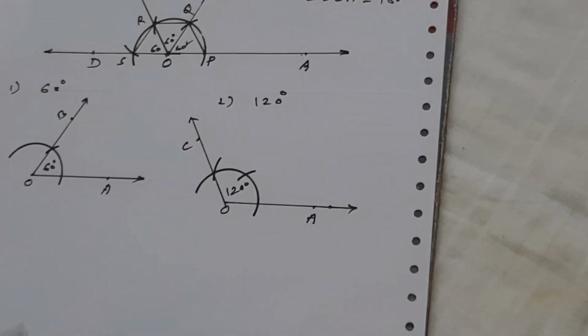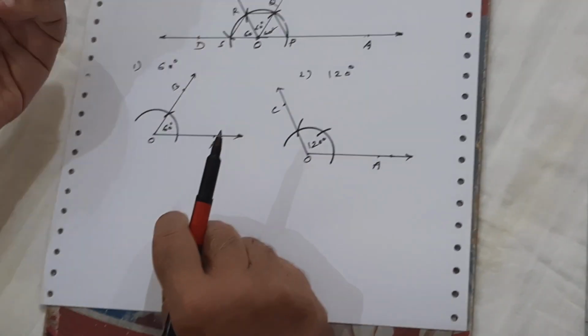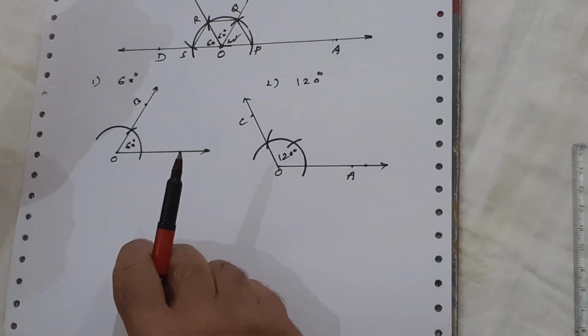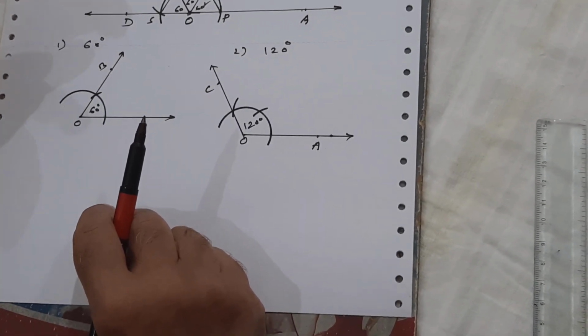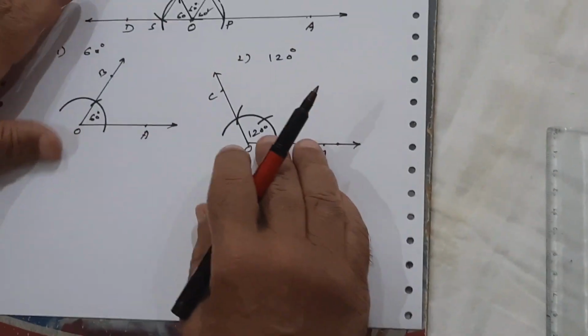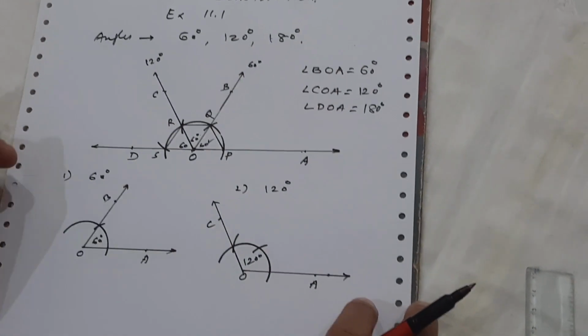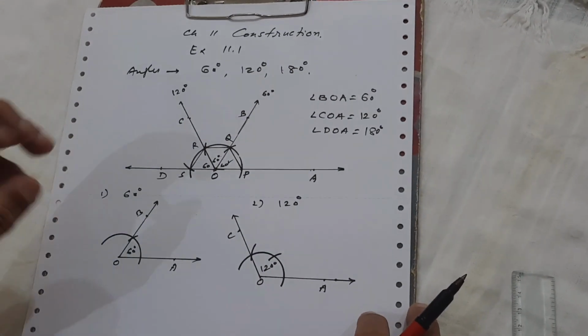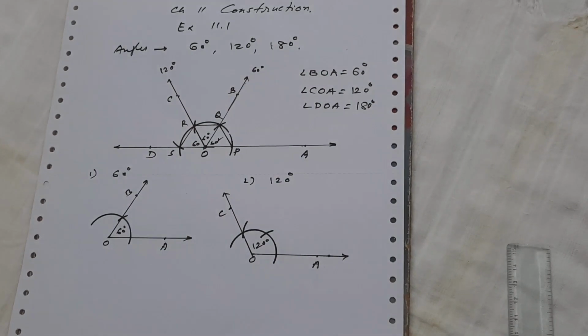Okay, now other angles 90 degree, 30 degree, 45 degree, 105, 135, 150, that I will be showing you tomorrow. Till then you practice all these angles. I hope that you must have understood. Practice nicely. Tomorrow I will complete all the angles. Thank you very much.